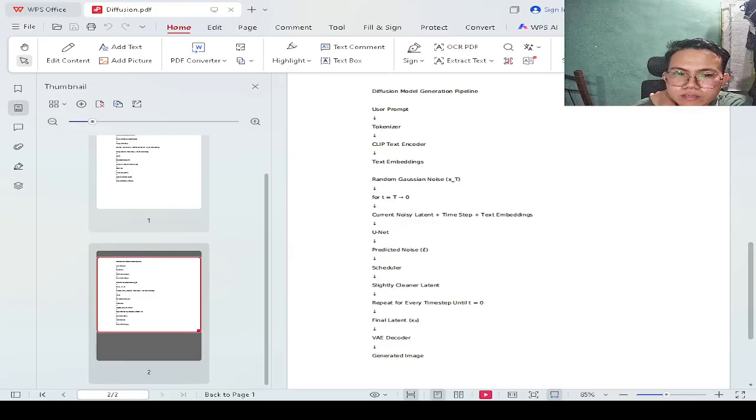One of the important insights here is that our network has exactly the same job in both cases. The noisy latent, time step, and text embeddings are fed in together to predict the noise tensor. During training, the predicted noise is compared with the known ground truth noise.